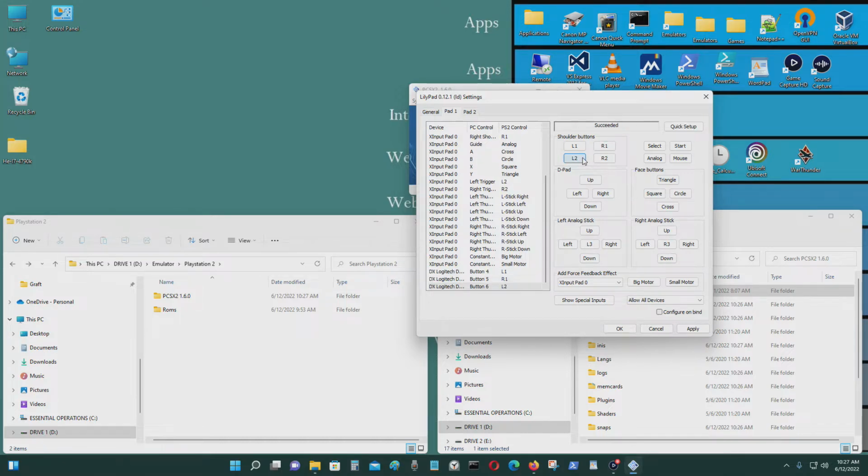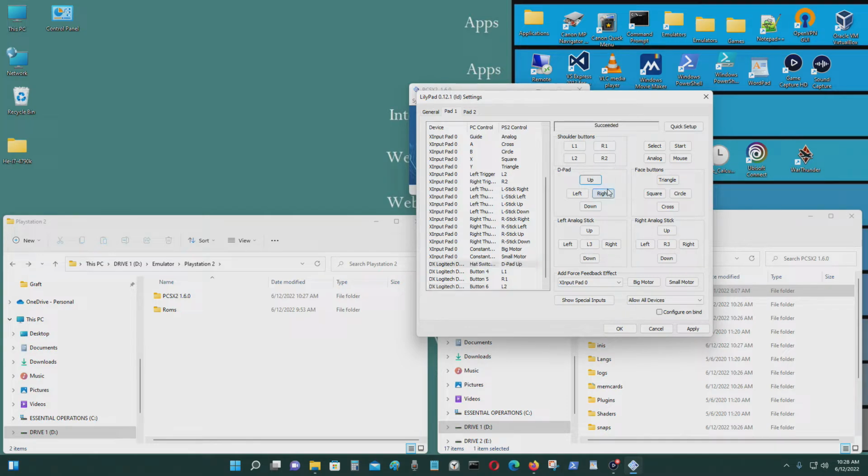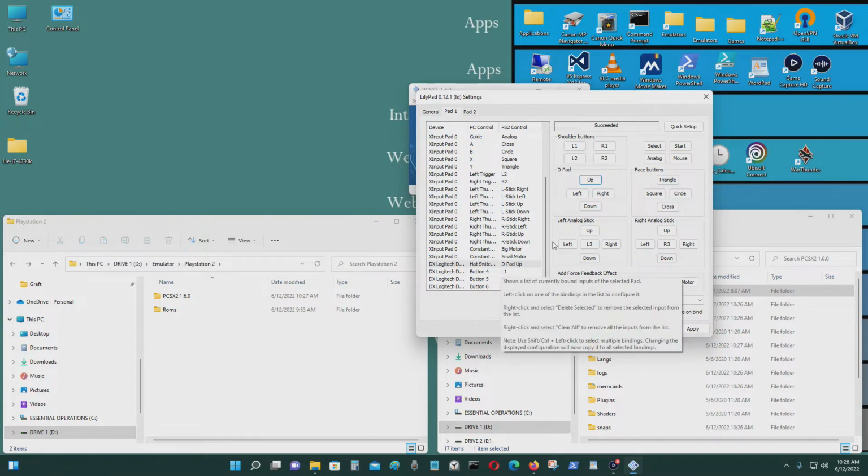I'm just going to make sure all of this is correct. So the inputs are right there. It just shows you that in relation to your controller. D-pad up, as you can see here. D-pad down,